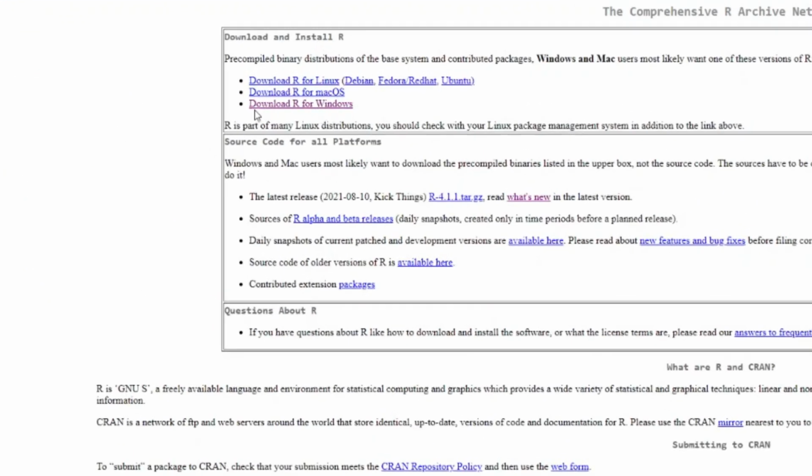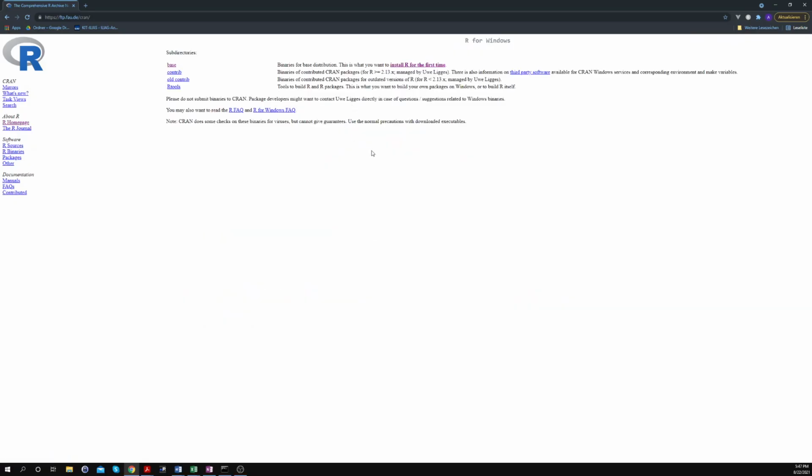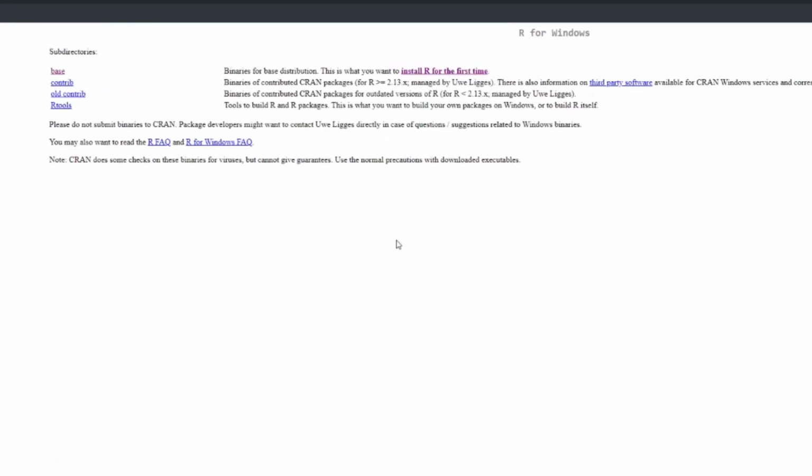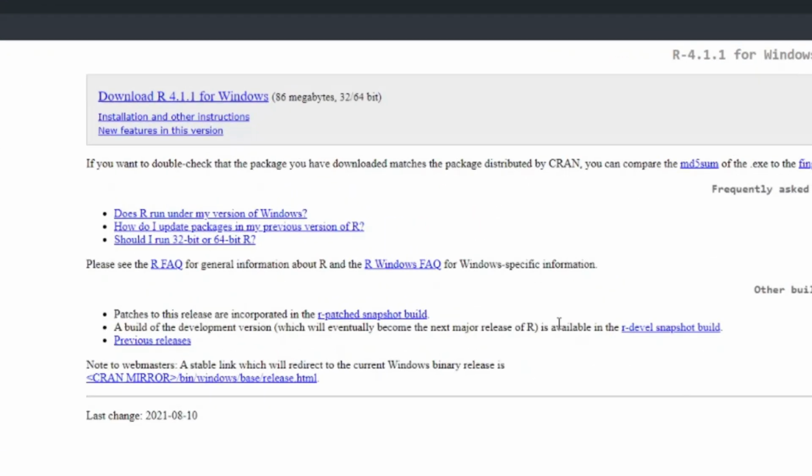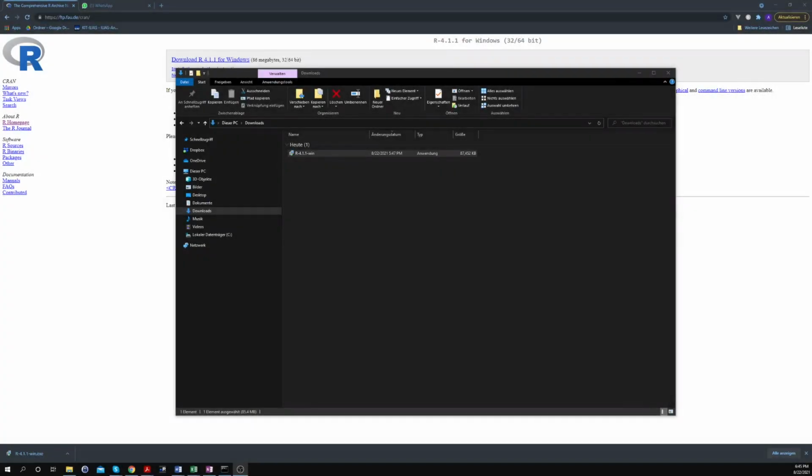I select download R for Windows since I use Windows as an operating system, and then I click on install R for the first time. Yes, I want to do that, and then finally download R for Windows, and then the download should start. Okay, after the download is done, you just change directory to your download folder